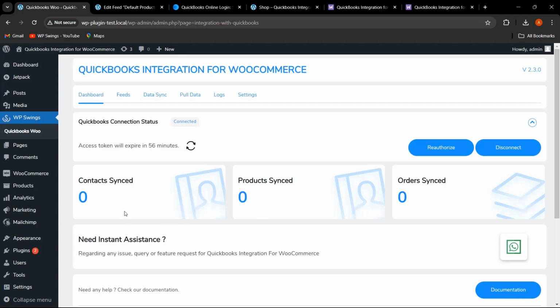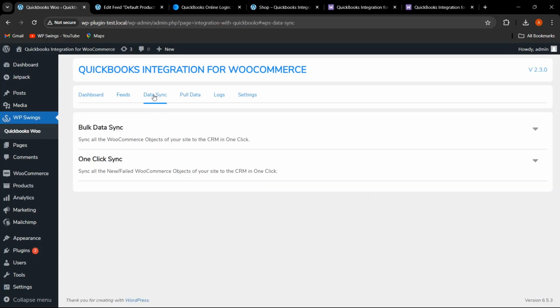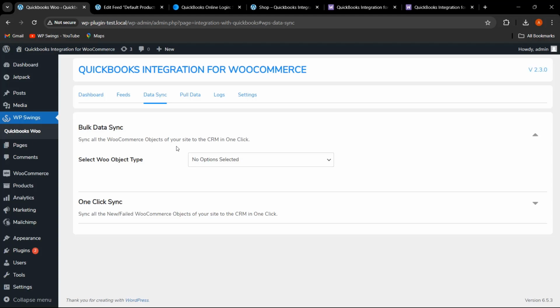So firstly let us go to data sync. Here, once you have connected the account, you can perform the bulk data sync in order to sync all the WooCommerce objects of your WooCommerce site to the QuickBooks CRM in just one click. And one click sync means if you want to sync all the newly added or the failed WooCommerce objects,